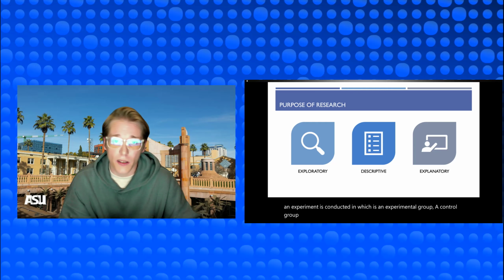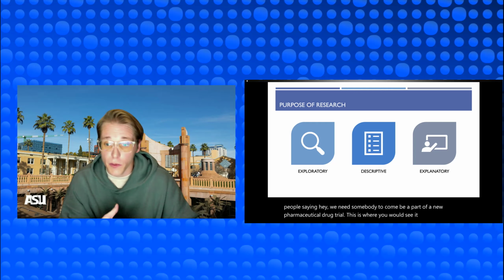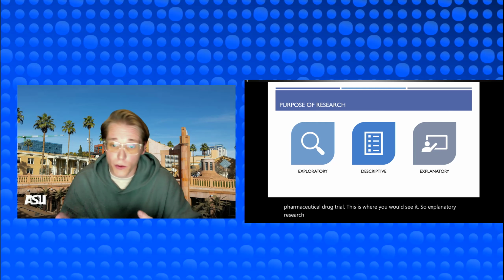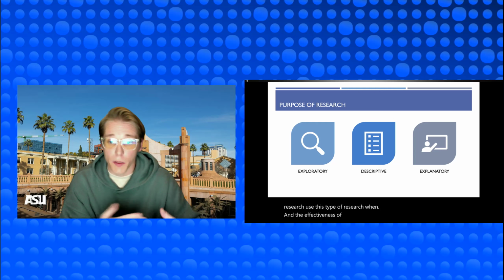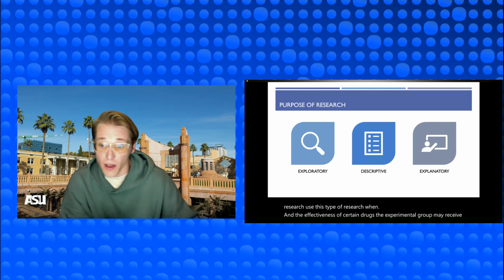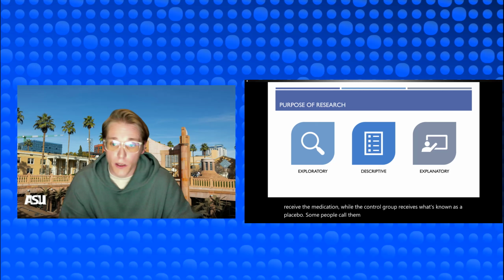Medical researchers, you've constantly maybe seen on the news people saying, hey, we need somebody to come be a part of a new pharmaceutical drug trial. This is where you would see it. So explanatory research uses these experimental groups and control groups. Medical research uses this type of research when they examine the effectiveness of certain drugs. The experimental group may receive the medication, right? While the control group receives what's known as a placebo. Some people call it a sugar pill, right? It's a pill that is not part of the medicinal purpose, and they can use that to have control over